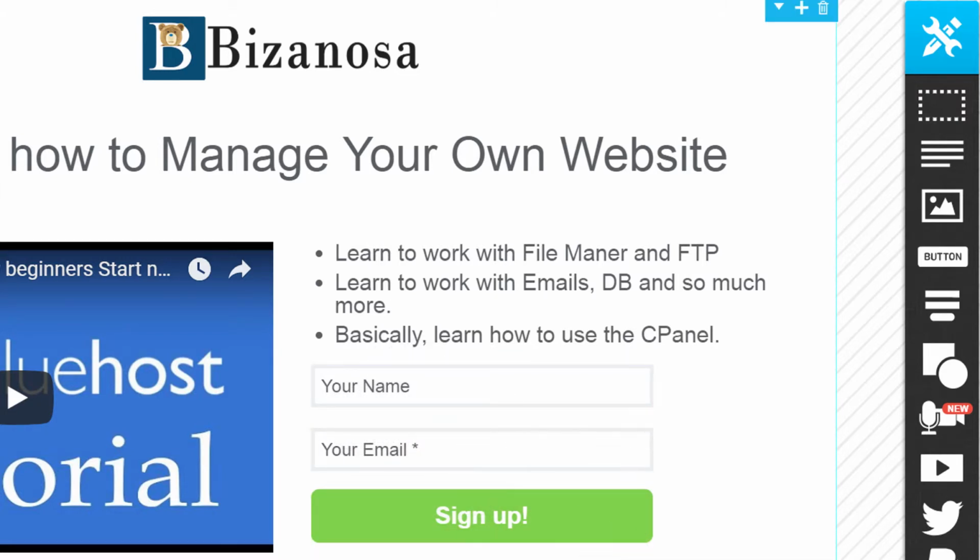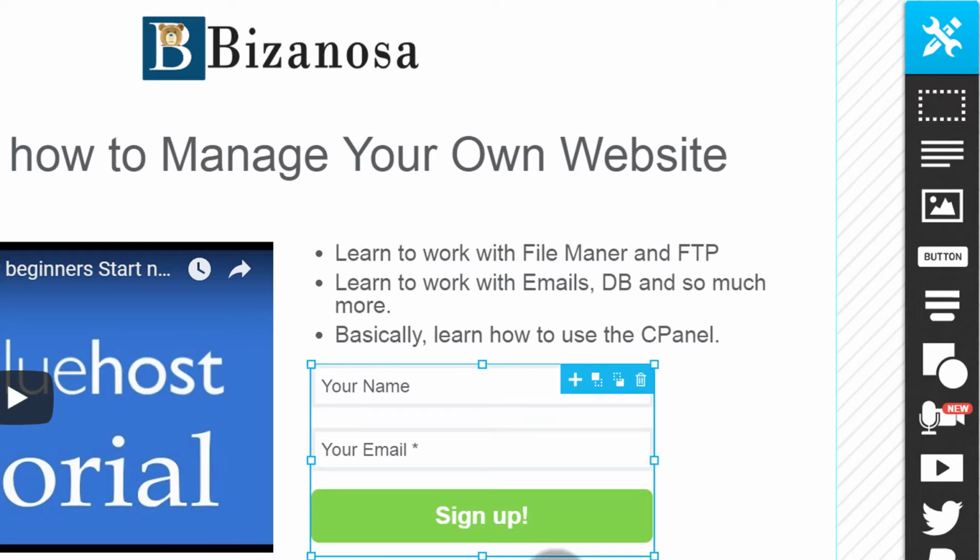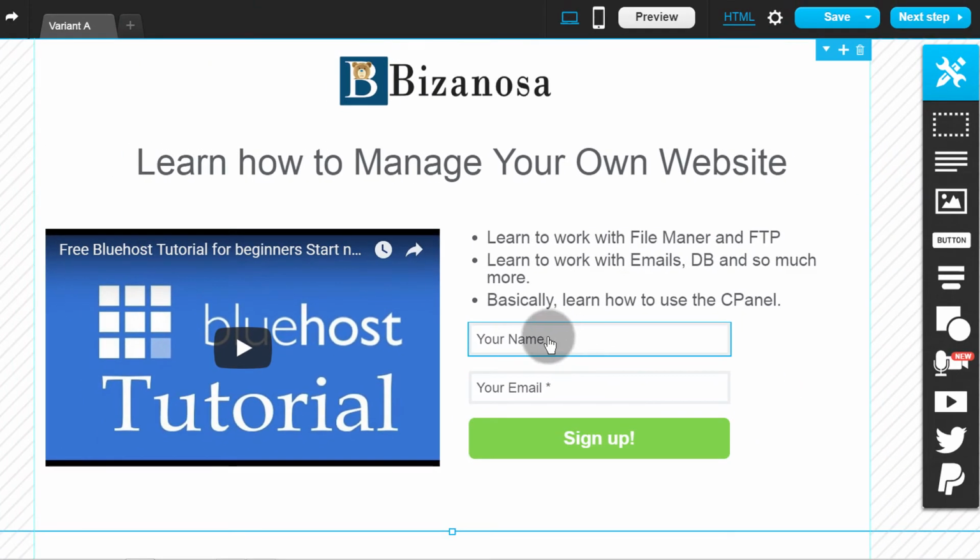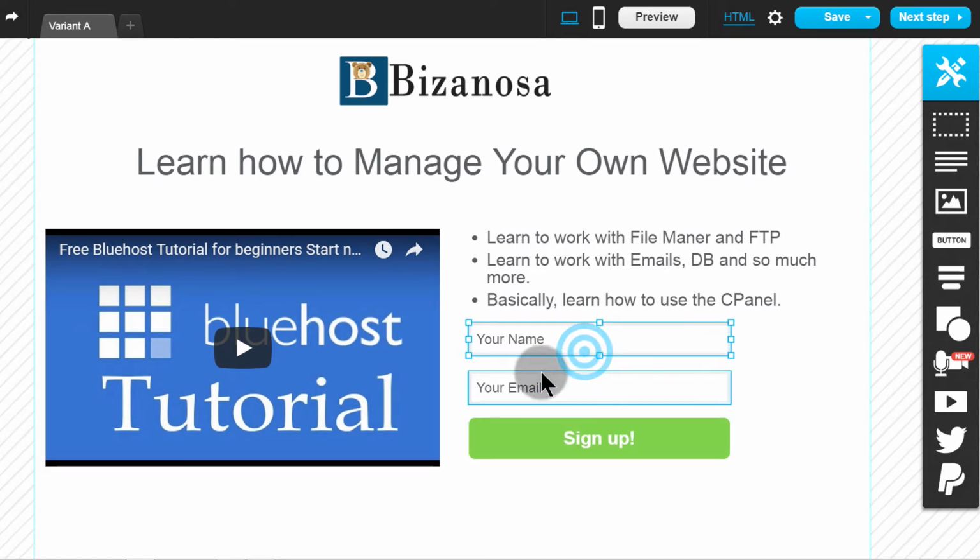So if you're not targeting people in the Eurozone, people from the EU, then you probably don't have to worry about GDPR, and your form can just be like this. However, if you're targeting people in the EU, you're going to have to add some element here. You're going to have to add a checkbox here to request people for their permission to send them emails. So you probably know about GDPR by now and how you can implement it and what you need to do. If you want to implement it on this form, and I'm not going to,